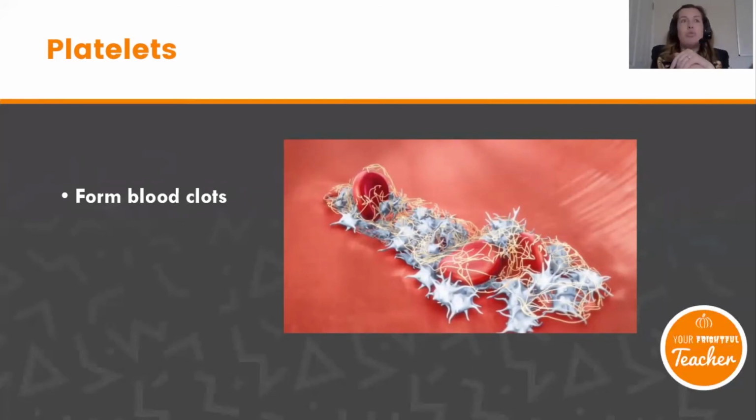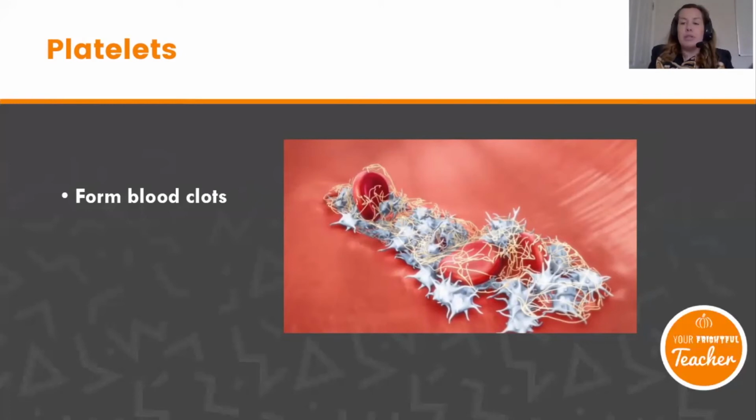However, you don't want blood clots to form maybe in your heart muscle, where it could cause a heart attack, or anywhere else where it can cause a blockage in a blood vessel. And obviously, you don't want blood clots never to form, because then you could get a minor cut and bleed to death. So platelets form blood clots. They are your 4 different types of